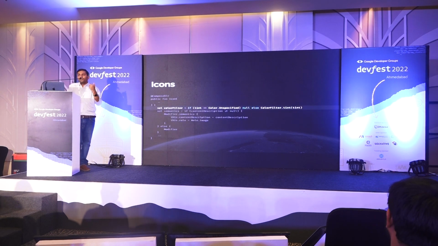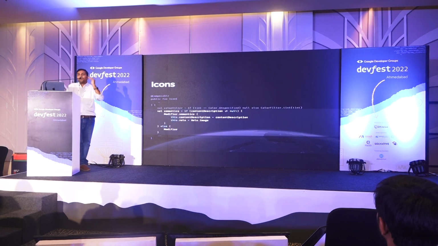Most importantly here, if you don't provide one, I am going to unspecify it. I'm just going to make it whatever the color is provided from the resource, I'm going to consume it. Then I told you something about semantics. Semantics is content description. It's the long press. It's the little vibrate that happens when you press a button. Like that UX feedback. How many of you used ATMs and not got a feedback?